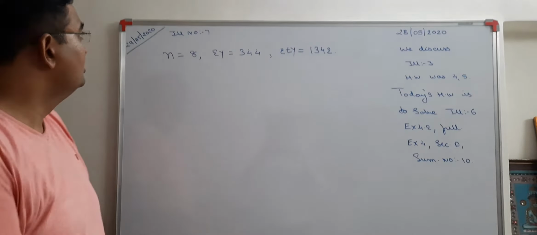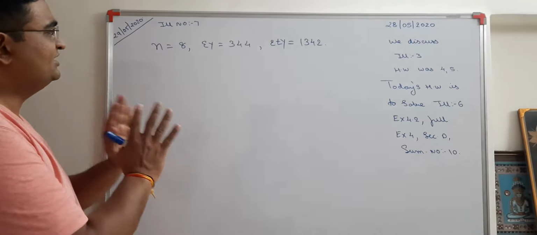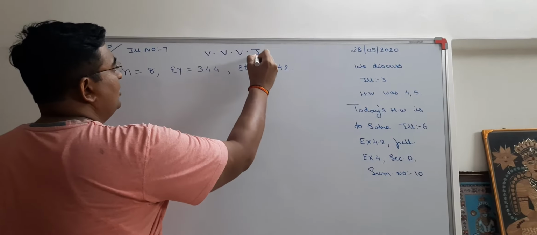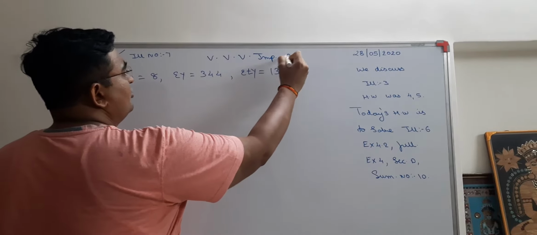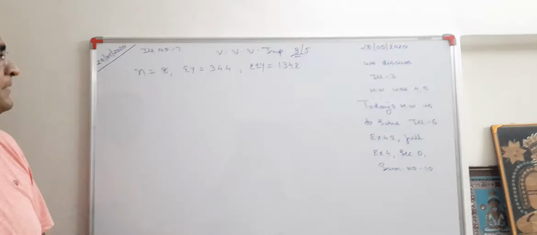Now today I am directly moving on to illustration number 7, that is a very important one. Alright. Now it can be for 3 or can be for 5 marks. That is to be kept in mind.